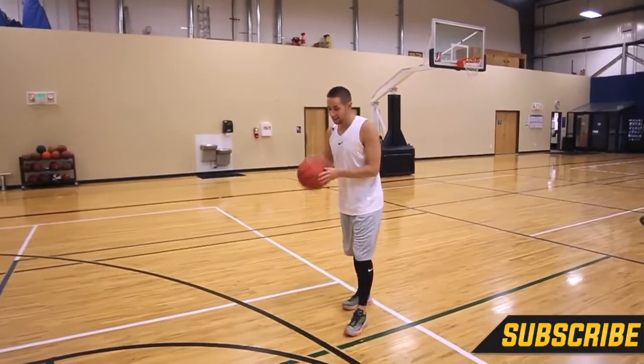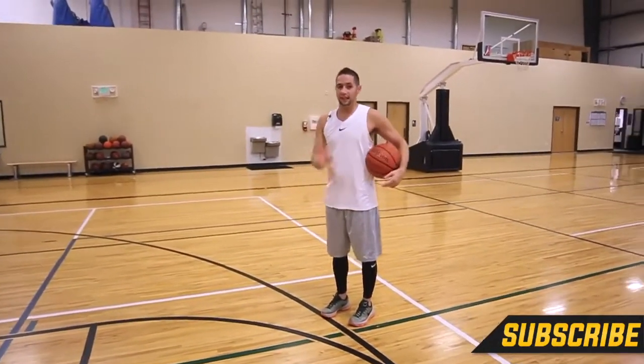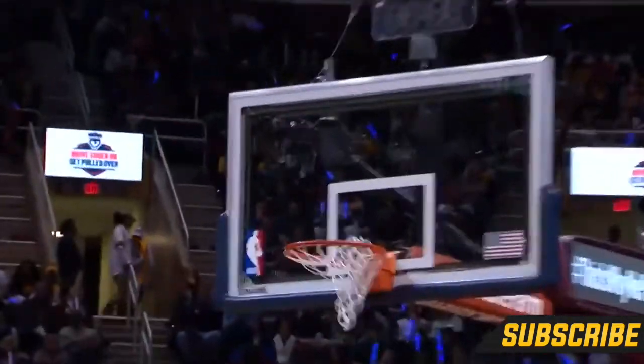And basically the idea is as you bring the ball up, the time that it starts moving towards the basket on your release is right when your fingers get to your eyebrow, right about here. So if you look at Steph Curry, when he brings the ball up, most of the time he just kind of sets the ball right up on the top of his forehead right here, and then begins his release up